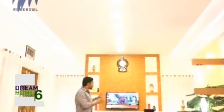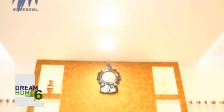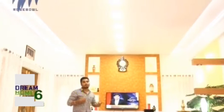We start talking about the TV space. As I told you, this is the living area. The TV space in particular is a textured work. The golden touch has been given using the texture work. They have add-ons with this, the block shelf that they created, LED lighting. So all in all they have made the whole place